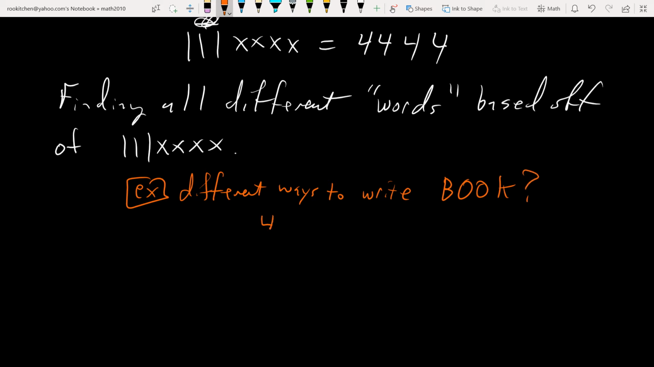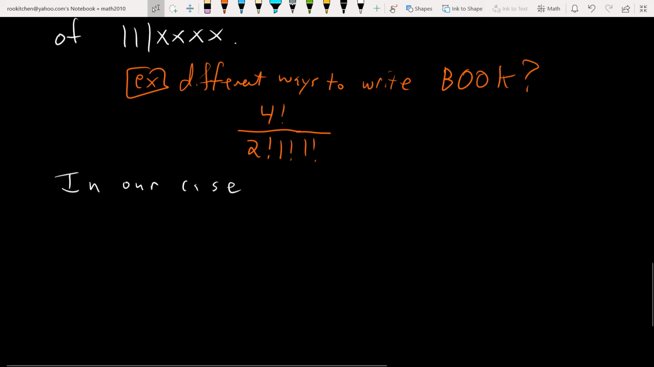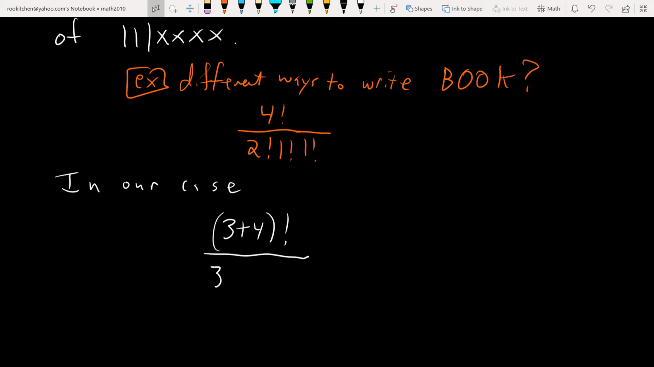So what would that be? It would be 4 factorial all over, and then you divide by repeats, right? So we have 2 zeros being repeated. B, there's only one of those, and K, there's only one of those. It was that kind of formula that we used. So in our example, in this case, what do we have? We have 4 x's and then 3 slashes. So you'll have 3 plus 4 factorial all over, and then there's the 3 repeated slashes and the 4 repeated x's, right? So that's going to end up being 7 factorial all over